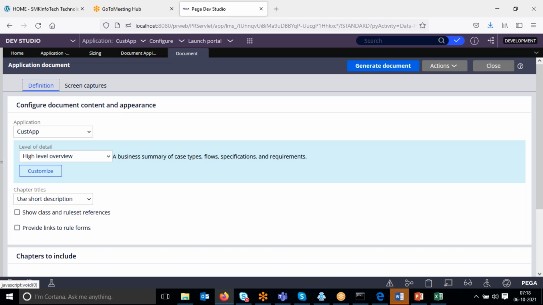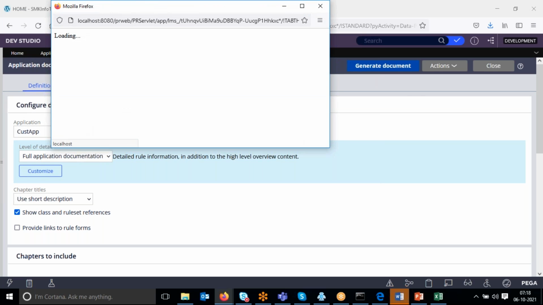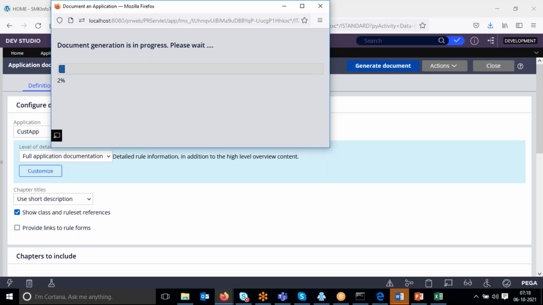to completely see the theoretical information, technical theoretical information. So you don't need anything else, just go for full documentation and click generate document. Automatically the document will be generated with good structure and good format by the Pega tool. You don't need to write manually. The Pega tool will take care. For this writing again, you would need to spend some time, 1 week or 2 weeks is required,